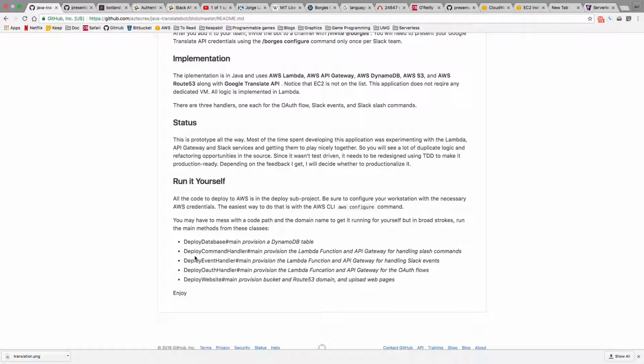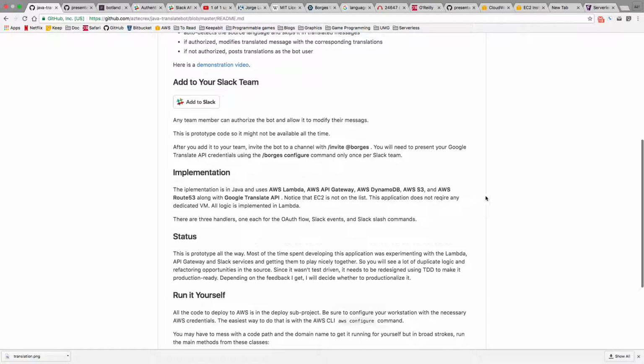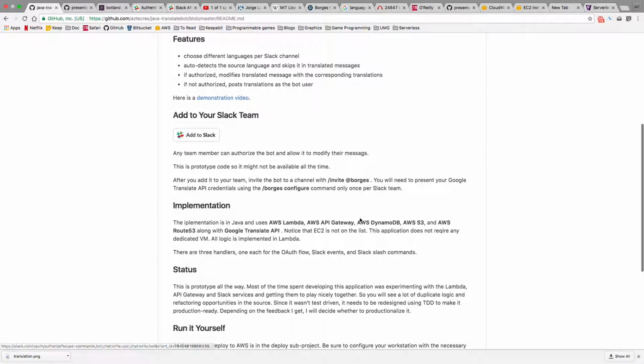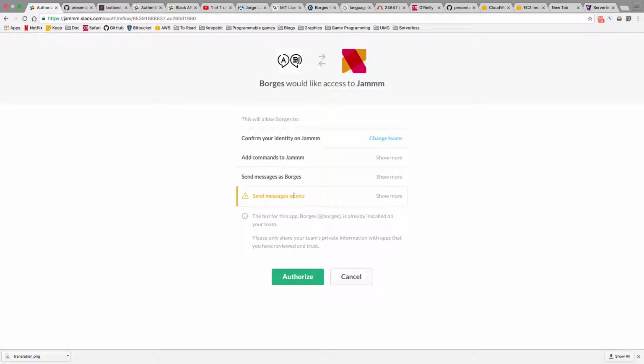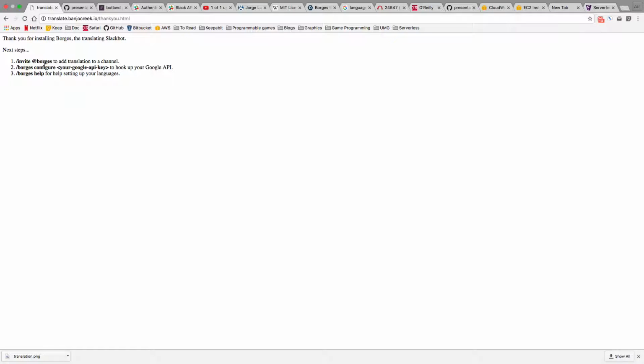The website is just the place where you go to sign up. Although that's not needed so much anymore because now I put the Add to Slack button right here. This is the OAuth flow, by the way. If you start here, this will run you through the whole OAuth thing, and this lets me authenticate to my Slack provider. It tells me all the things that the bot is going to be able to do with my Slack account, and I authorize it. This is all being done by that OAuth handler you saw. So there are 3 handlers, and this is the one for handling the OAuth flow. And I have this lovely page that really could use some love and care from somebody who actually knows how to design web pages. But this tells you what you would want to do once you add this to your Slack.